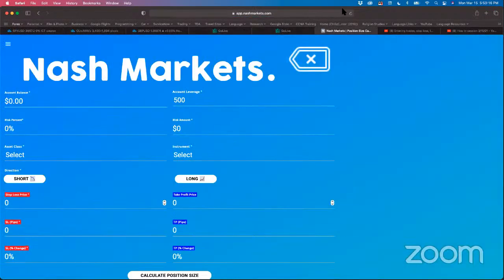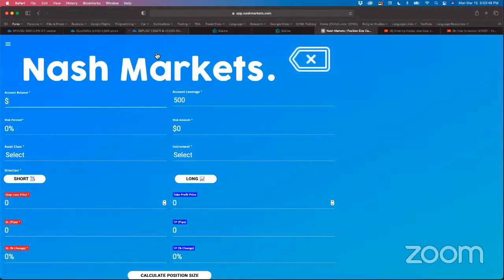Position size calculator. And the way you use this website is depending on your account leverage. If you got Hugo's way, cop Forex is 500. Your account leverage is 500, so you can trade 5 times whatever your account balance is. I think Osprey is 500 too. I can't remember off the top of my head, but let's say that you are going to